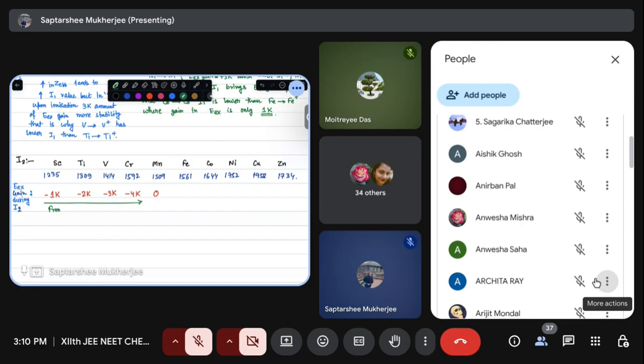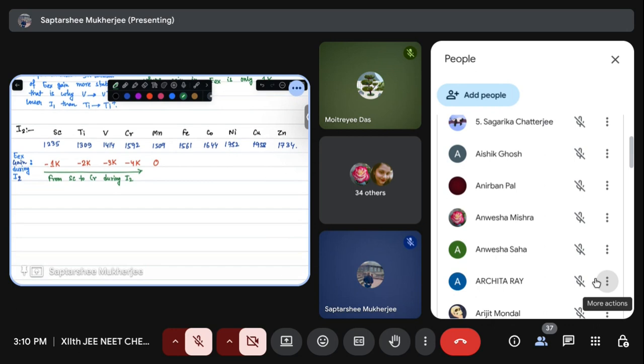From scandium to chromium during second ionization, exchange energy loss is increasing gradually. That's why